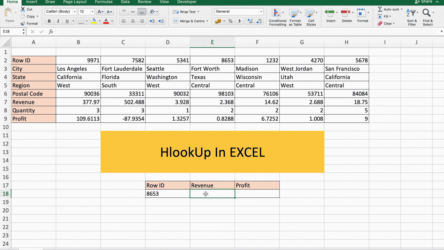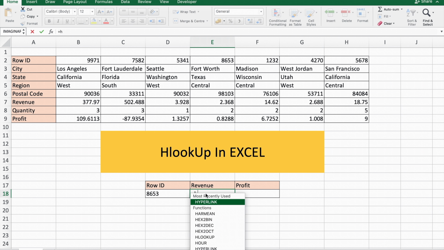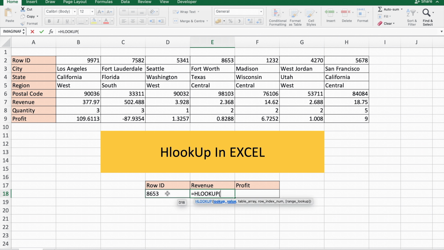HLOOKUP stands for horizontal lookup. Equal to HLOOKUP, Tab, lookup value is 8653, comma, table array. I'll select the table like this, press Fn F4, comma, row index number. Revenue is in row 1 2 3 4 5 6, so 6, comma, lookup range. I will select false for exact match. I'll press enter. You can see now